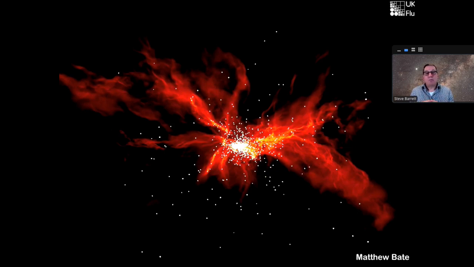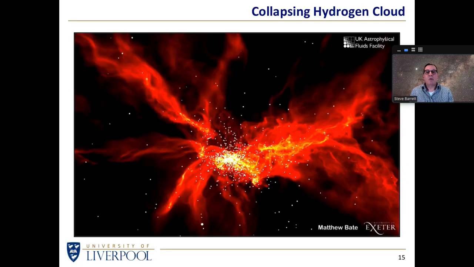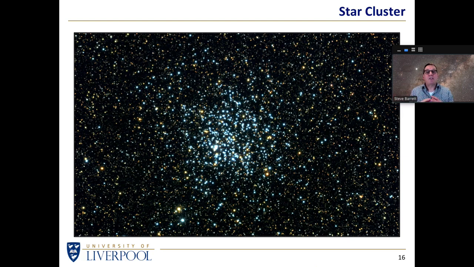So this popcorn machine of stars being generated here, do we think that's a reasonable simulation of what reality looks like? In other words, if we take this particular result of a simulation, do we think that particular structure of having stars born in this way is roughly what stars actually look like? Well, let's have a look at a star cluster. That's an actual star cluster imaged, and it does bear a striking resemblance to the sort of simulation that we were just looking at.